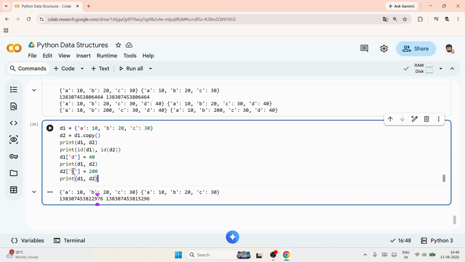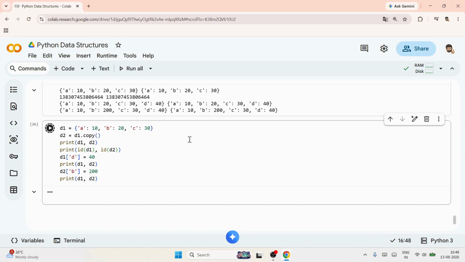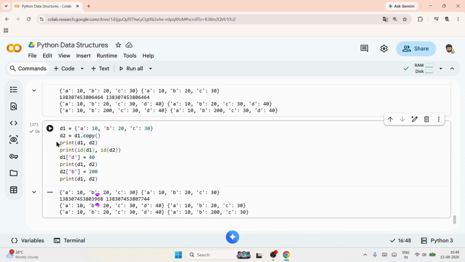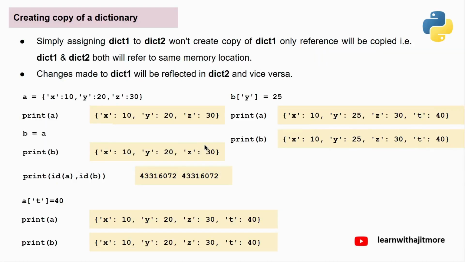40 ऐड कर रहा हूं, या D2 में B की वैल्यू 200 कर रहा हूं, तो यहां देखो, जब D1 में D ऐड किया, तो ओनली D1 में D आ गया, D2 में नहीं। और D2 में B की वैल्यू 20 को 200 की, तो D1 की नहीं। कैन यू सी? यहां सिर्फ D ऐड हुआ, यहां नहीं, और यहां से B की वैल्यू चेंज हुई। ये एक्स्ट्रा बताने की भी जरूरत नहीं थी, आइडियली, क्योंकि जब एड्रेस ही अलग आया, इससे ही प्रूव होता है कि कॉपी ने क्लोन बना के दिया है, जस्ट रेफरेंस कॉपी नहीं हुआ।